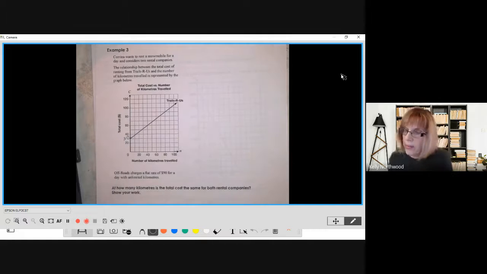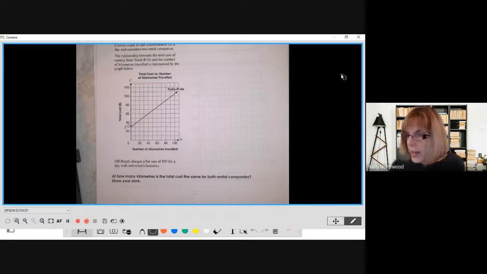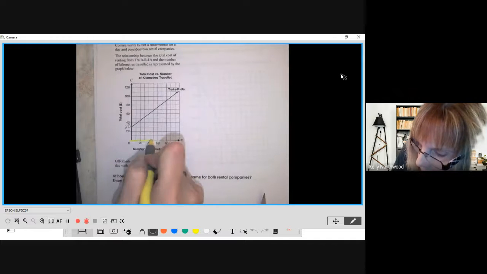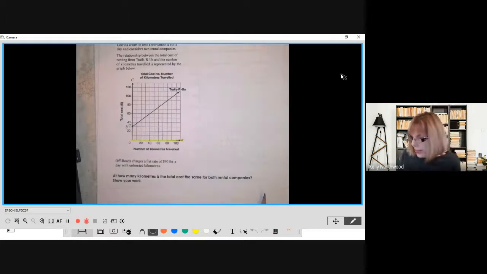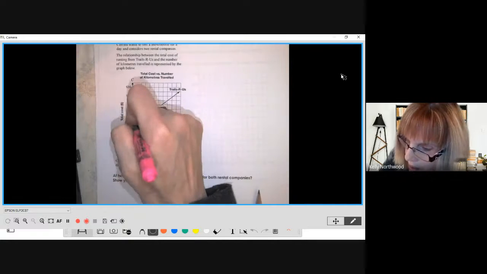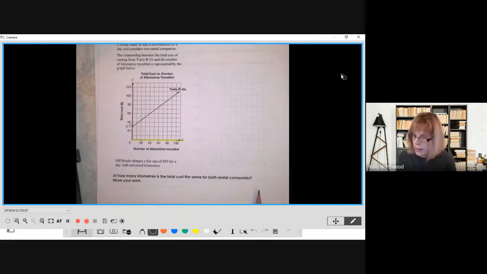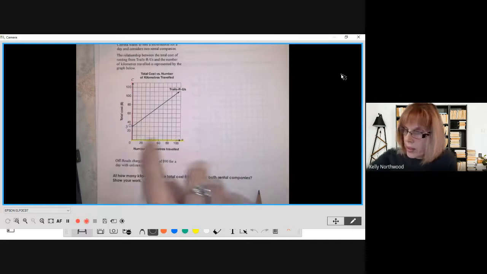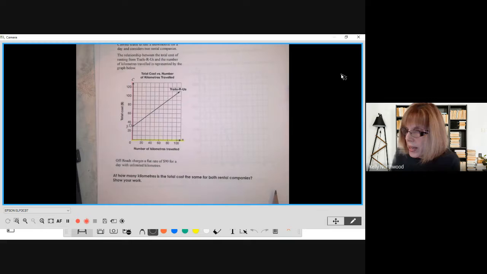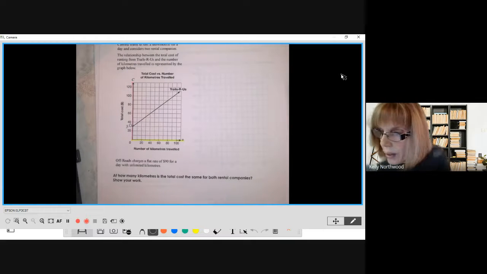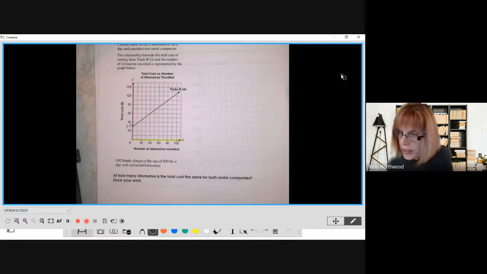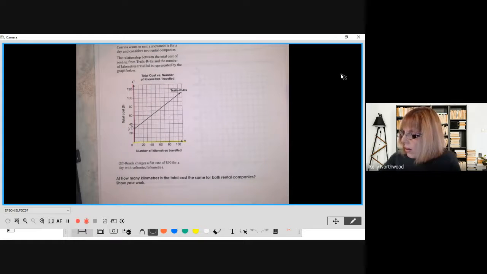If we wanted to, we could figure out the rate of change, but we don't know if we have to yet. So we're going to keep reading. And we can see that on the horizontal scale, it's the number of kilometers you travel. And on the vertical scale, it's the total cost. So these are the costs over this many kilometers for renting a snowmobile with Trails R Us. So then it says Off-Roads